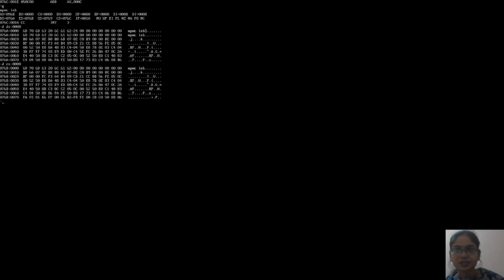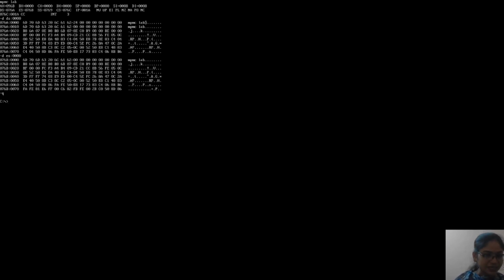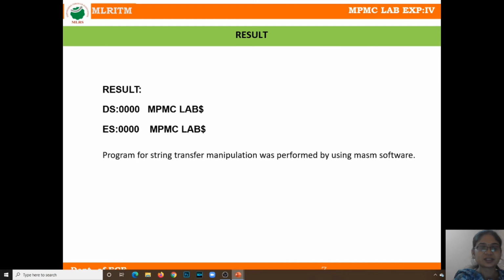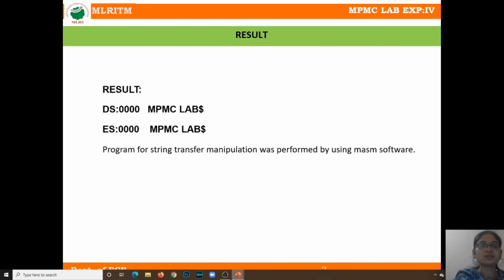So here you can see my data MPMC lab is transferred. So this experiment is performed successfully. To quit this, I am pressing Q and pressing enter. So my program to transfer the string was performed successfully using MASM software.